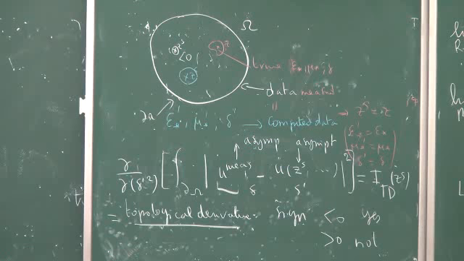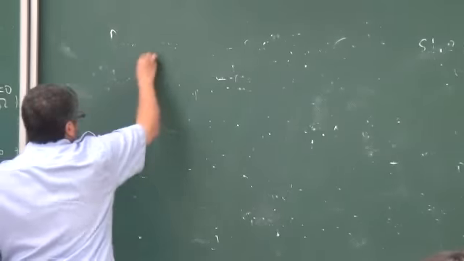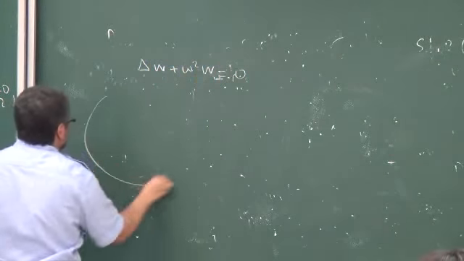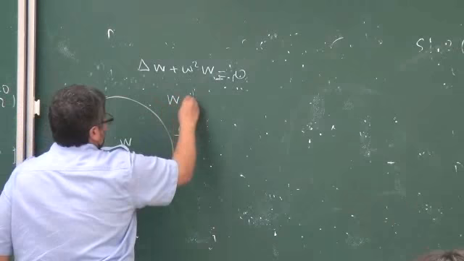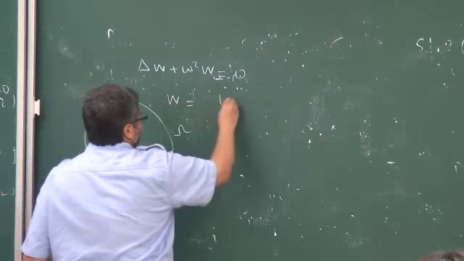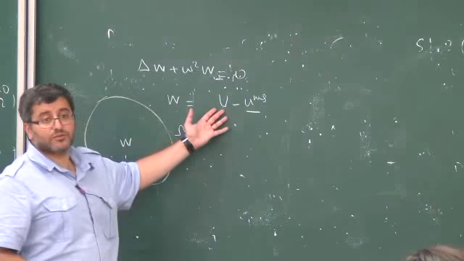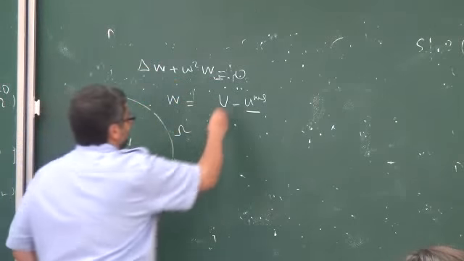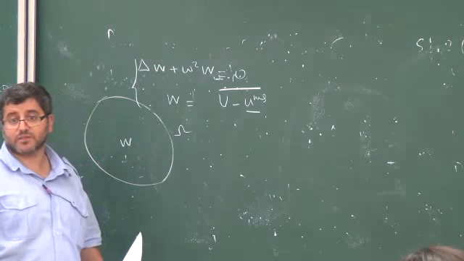You end up with this: compute this W, which satisfies the Helmholtz equation inside omega, and on the boundary it equals U minus U measurement. These are your measurements, and this is the background solution without inclusion. So this W, you can compute it. And if you take the bar here, then this W is nothing else than back propagating the measurements.